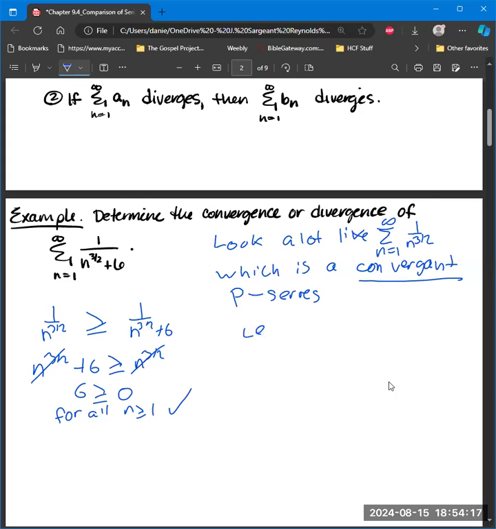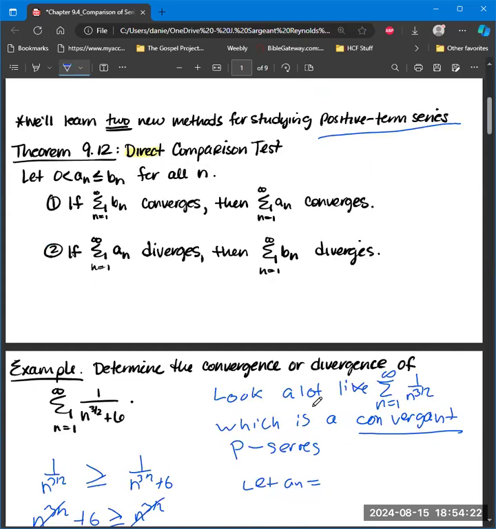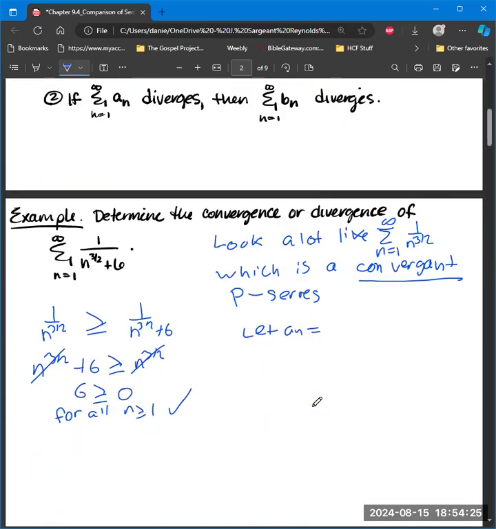So let an be equal to 1 over n to the 3 halves plus 6, and bn be equal to 1 over n to the 3 halves, since 0 is less than an, which is less than or equal to bn for all n, an element greater than or equal to 1,